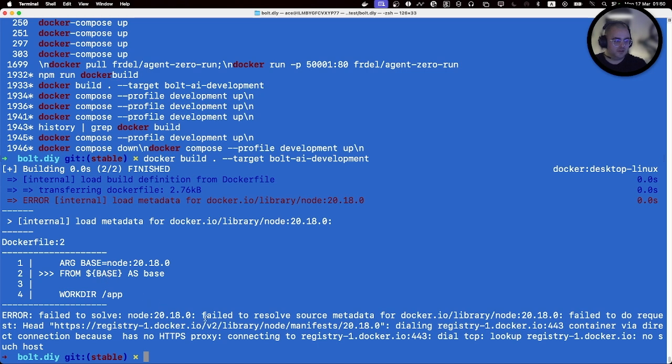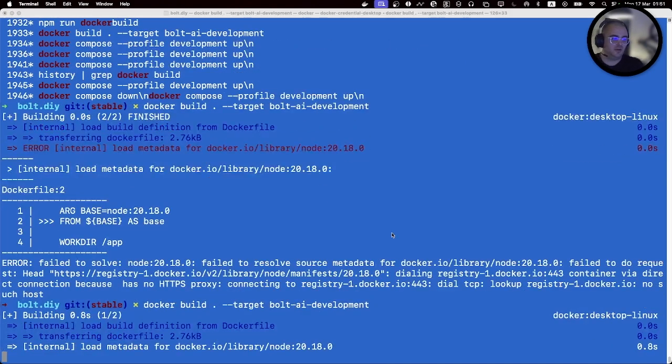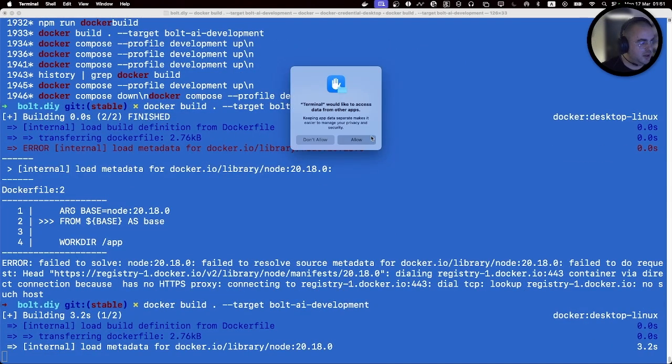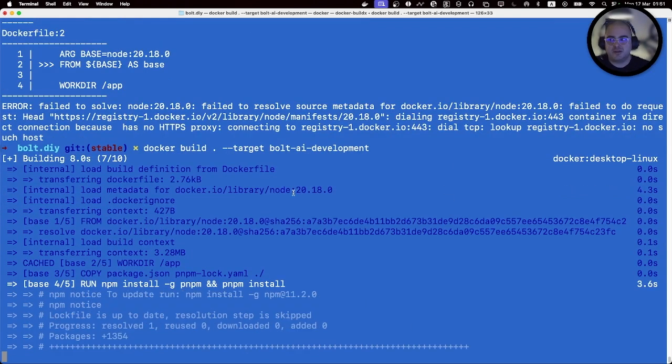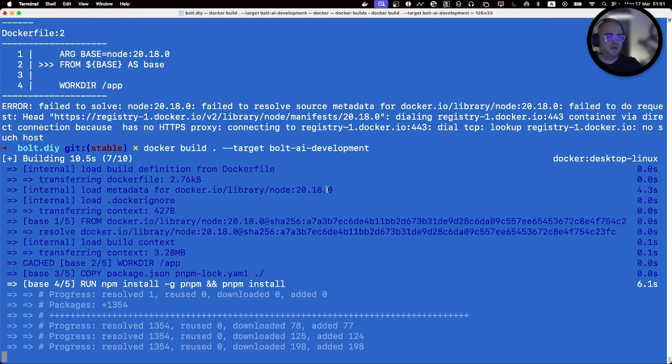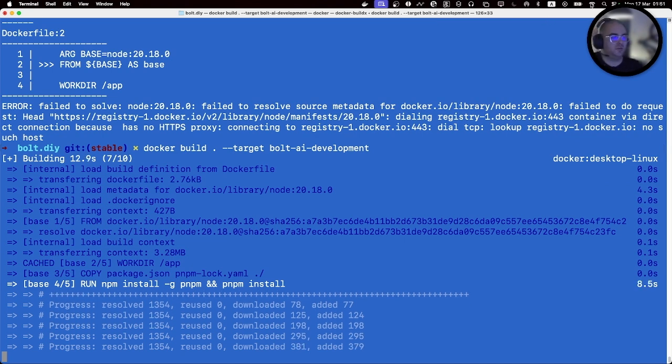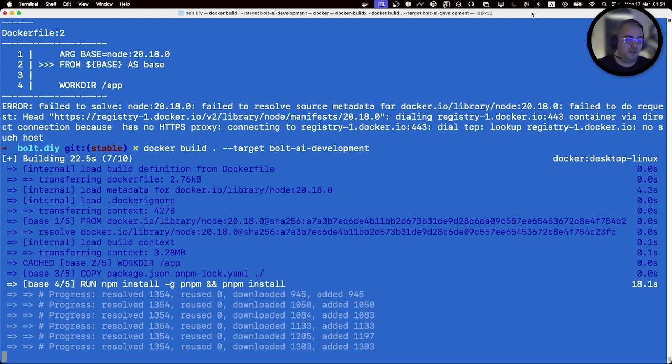Oh, it's failing. Oh, because there's no internet. We don't want to prove anything by that, so let's just build our image, and then when it starts making the requests, we will go back offline just to prove our AI benchmark. So, okay, spoiler alert, we are going to see this AI integrated tool with the web UI, which I hope